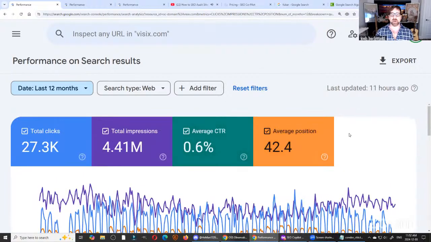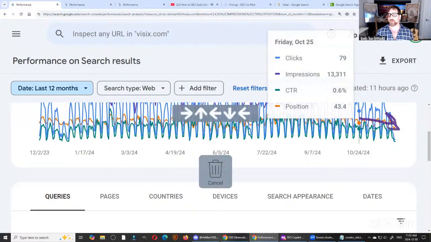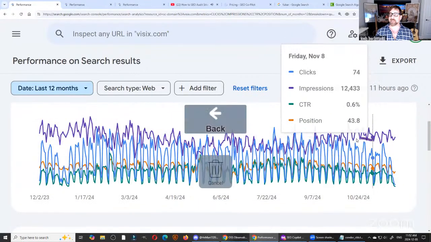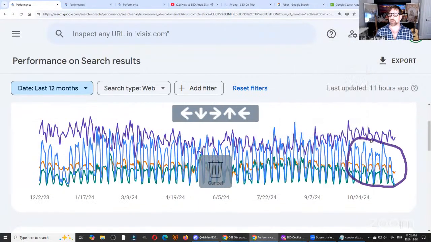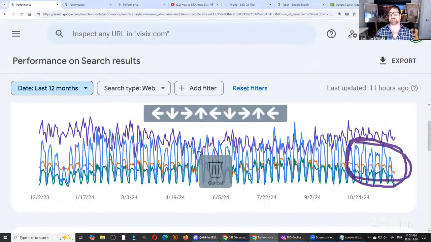Check if the CTR is going down. The CTR is also going down. Okay, that's not good. That means some of the content they're adding, even though it's doing better, is not doing well in Google. The users don't like it. And eventually Google's going to notice this. They're not going to let the CTR and the clicks descend for a long time.